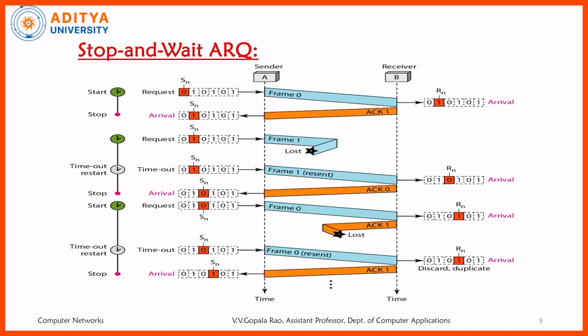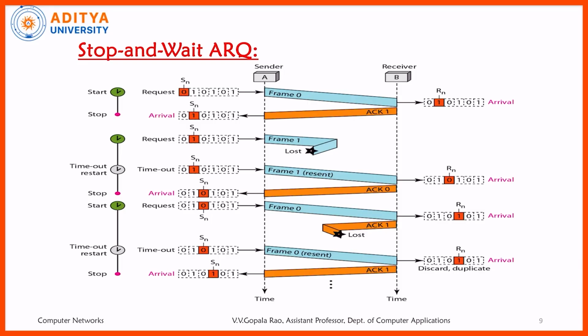And of course, that is about the sender side. Of course, request, you are finding arrival and after that request. You will see the actual procedure once we take up an example. If you come to frame 0, that is in the transmission. First of all, the sender is sending one frame which is numbered as frame 0, let us say, and it is received by the receiver, in a simple case. After that, we are expecting an acknowledgement from the receiver. That is shown in the ACK1. Based on that, the sender can decide what is to be carried out next.